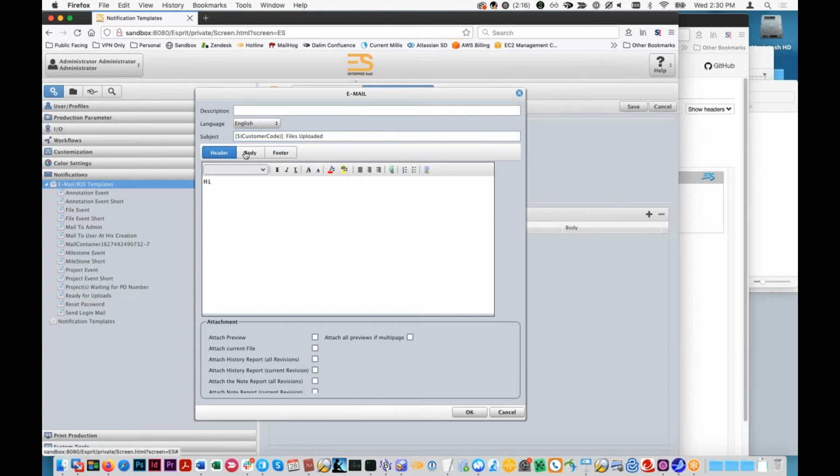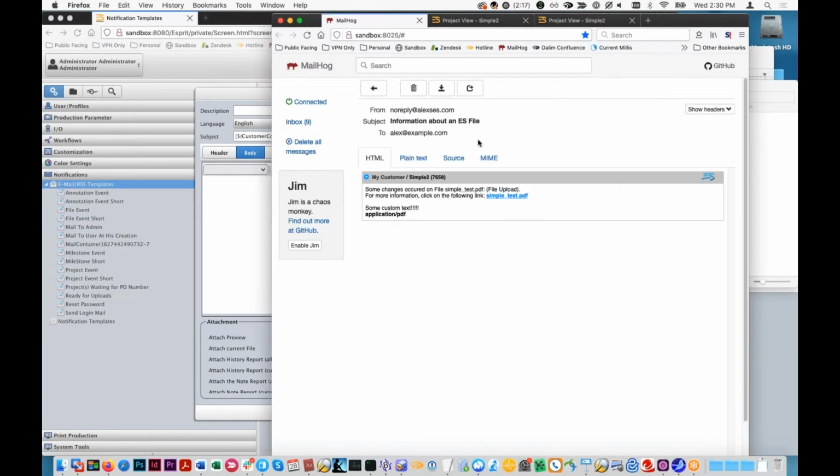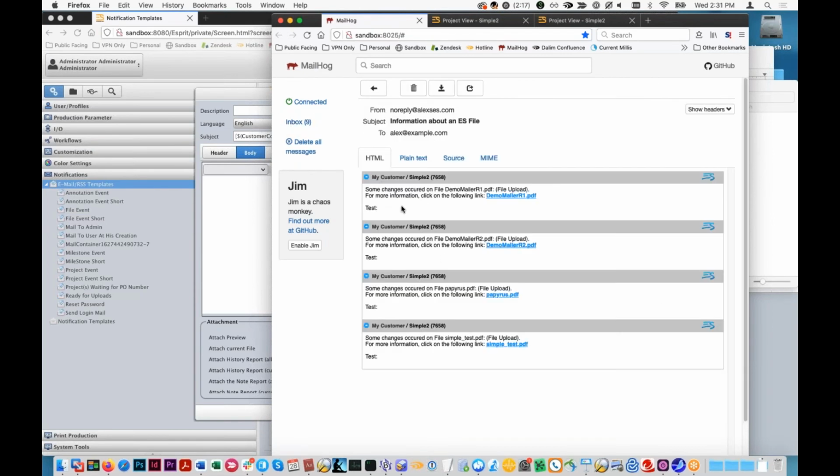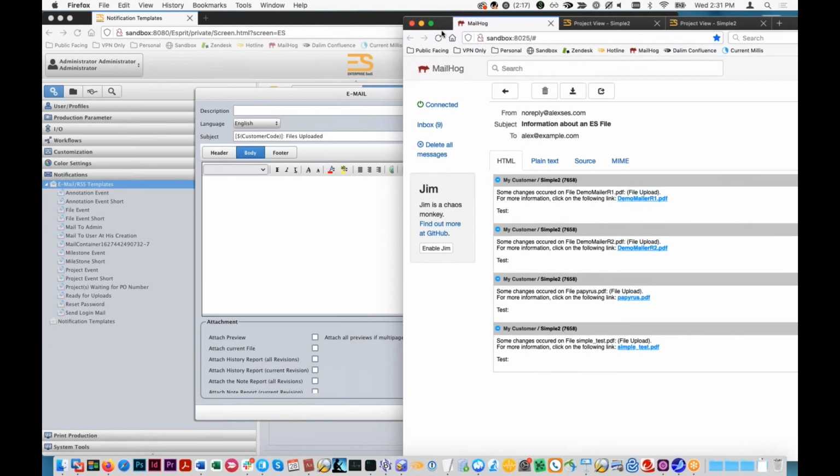Now, the Dalim emails we were looking at before were from an older version of ES that didn't have this header, body, footer distinction. So they had the whole text block in there, and then that text block repeated for some of those grouped emails, if I can find one of them in here still. They just repeated the entire body of the email over and over, which is a little clunky, especially if you're dealing with large amounts of data. So one thing you could do in here is